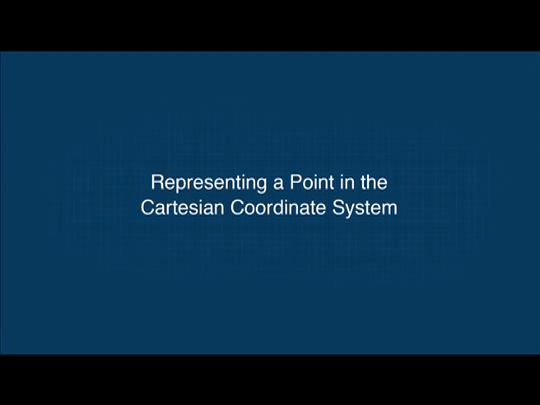Cartesian coordinate system and polar coordinate system are two different systems for representing a point in a given plane. The French mathematician and philosopher René Descartes introduced the idea of locating a point in the plane by means of its distances from two perpendicular axes, and his name is commemorated in the terminology Cartesian coordinates, representing a point in the Cartesian coordinate system. Now we recall the way of representing a point in the Cartesian coordinate system.